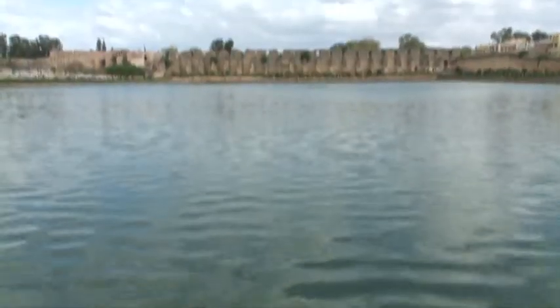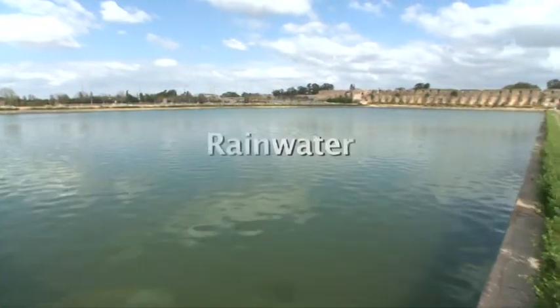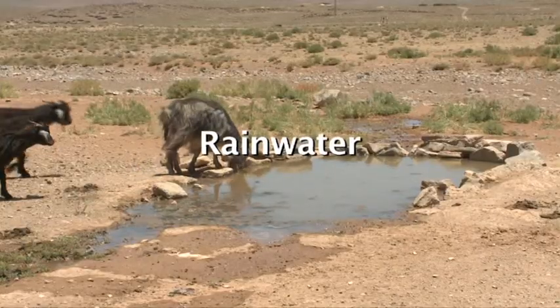Rainwater harvesting in Morocco is an ancient practice used to ensure drinking water supply, to water livestock throughout the year